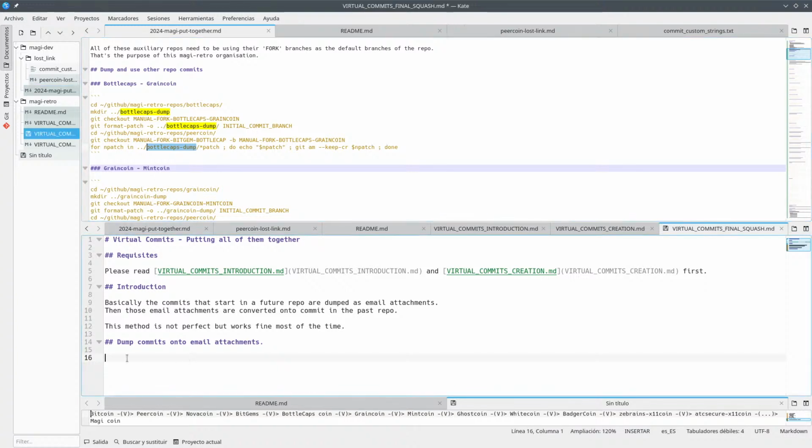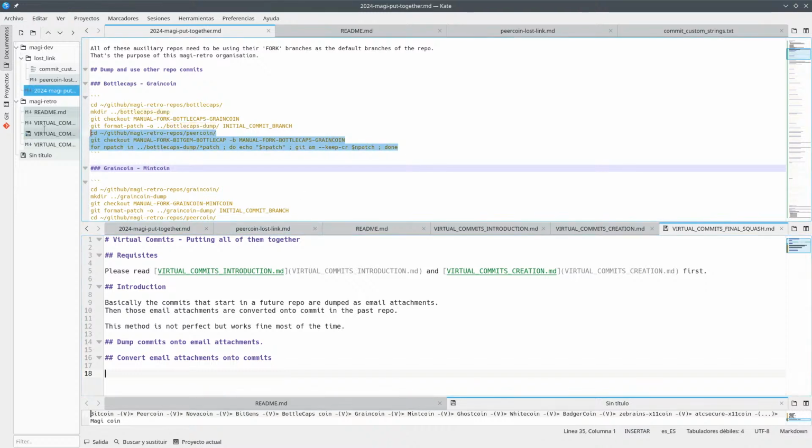So dump commit into email attachment and convert email attachments onto commits. I mean, they are patches, but you know, yeah, that's it. I mean, let's copy everything so that